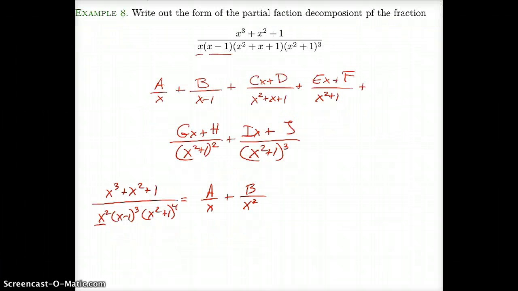And they're linear, so the numerator is just a number. Same thing with x minus 1. I have (x minus 1) cubed, so I'm going to get 3 terms: C over x minus 1, D over (x minus 1) squared, and E over (x minus 1) cubed. And since I have (x squared plus 1) to the fourth, and that's a quadratic, the